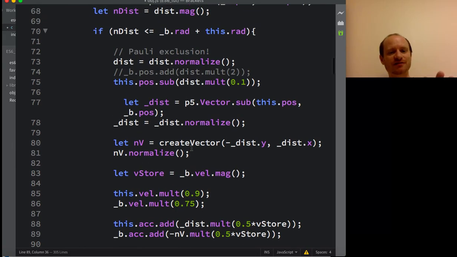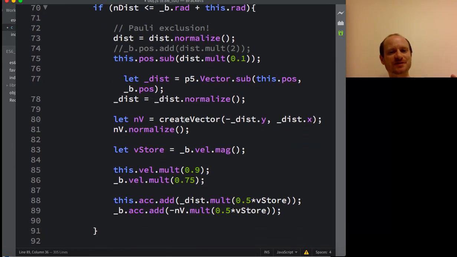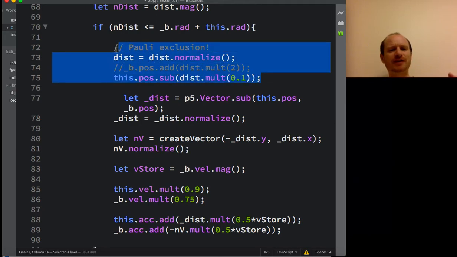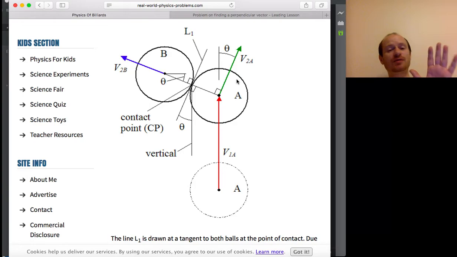Storing certain values so you're not trying to use them twice. And this little thing, I've called it my Pauli exclusion algorithm, for just subtracting. Let me show you that again. If you've got two objects, this will apply not just for snooker, but any kind of simulation or game or animation where you've got collision. You don't want your objects to overlap